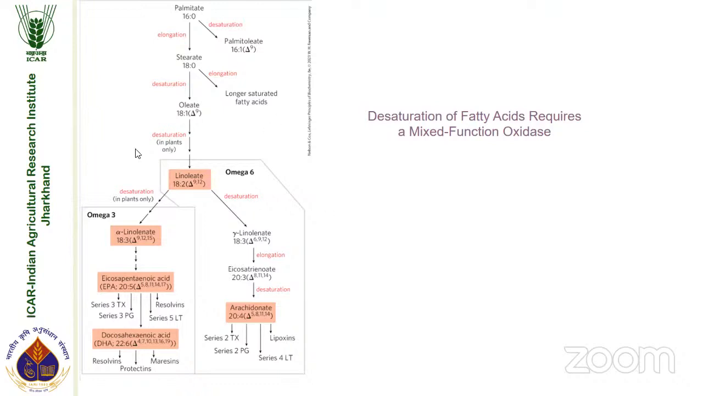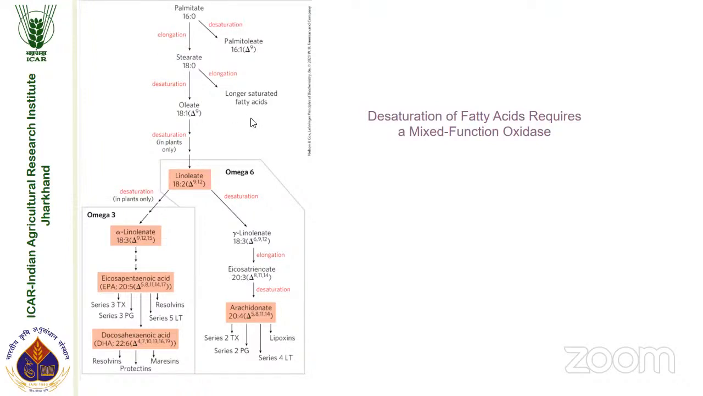So in plants, we have several unsaturated fatty acids of various chain lengths and various degrees of unsaturation. These unsaturations, or desaturations, are caused by mixed function oxidases, which we call fatty acid desaturases. Basically, desaturation of palmitate will lead to palmitoleate, and further if you elongate it,